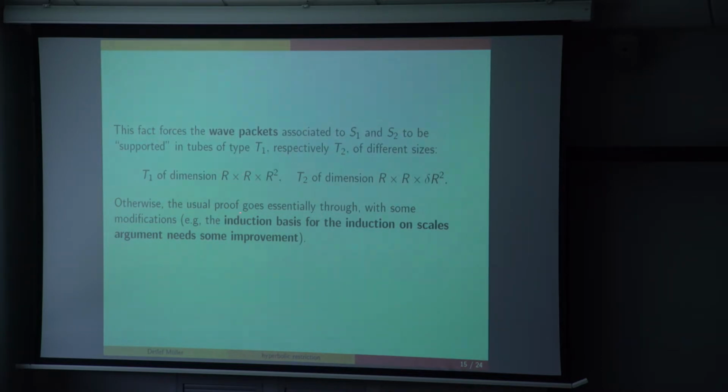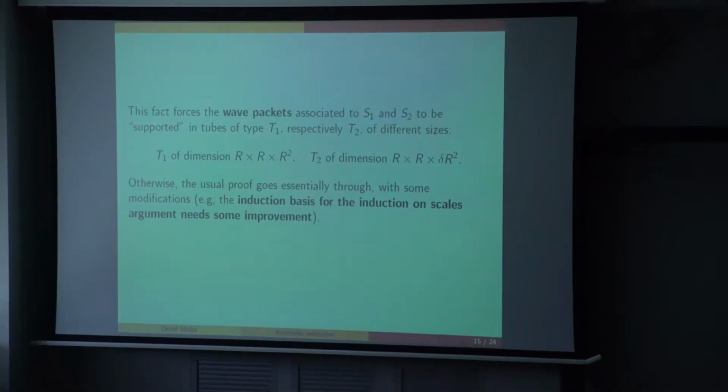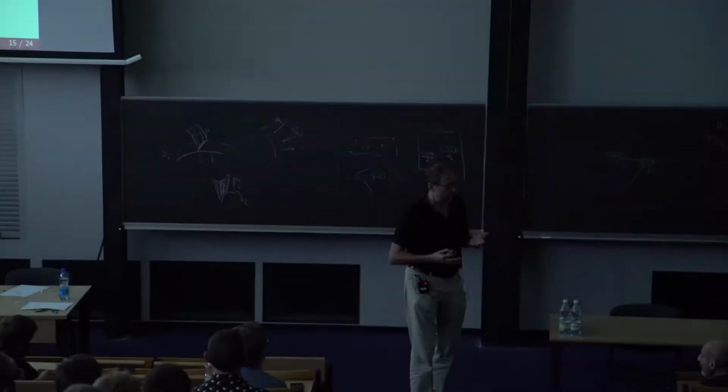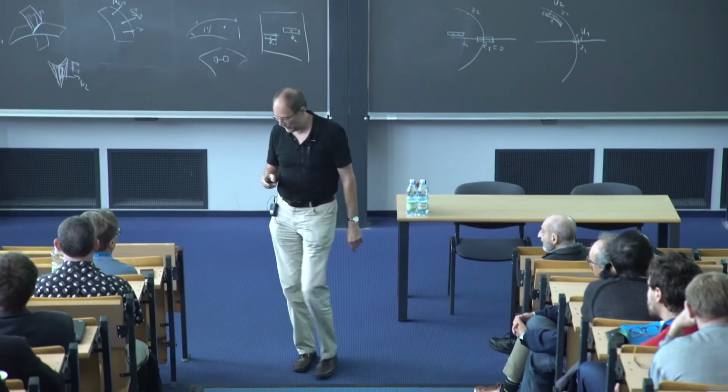But just briefly to indicate, the tubes on which the wave packets corresponding to the first surface, T1, should be of size r times r squared. And the tubes in the other direction should be shorter by a factor delta in the long direction, right? And so when you do that, in the end, the argument still goes through. So you have to go through the bilinear argument, but it works. And that's how we get this bilinear estimate.